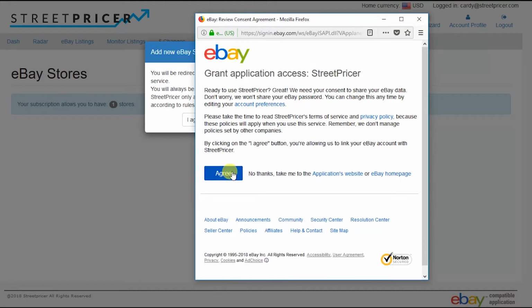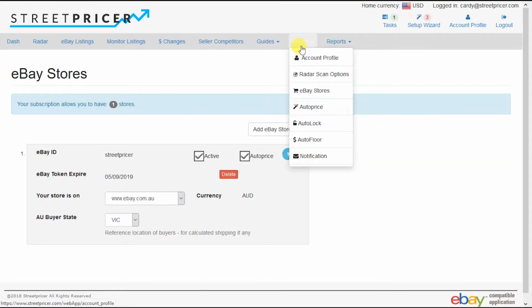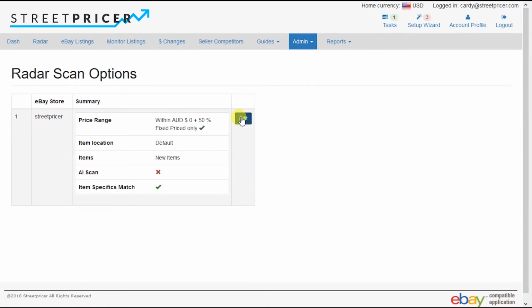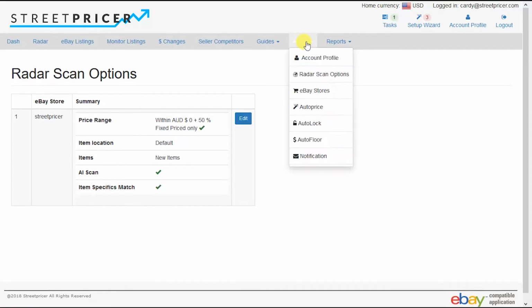Then, let's tell StreetPricer's radar how far and how wide it should scan. I always suggest a plus or minus 50% price filter to start with, and setting the item location to default, which mirrors the item location setting on an eBay search. I'll choose the AI scan and the item specifics scan, which automatically look for competitors with similar titles, MPNs,